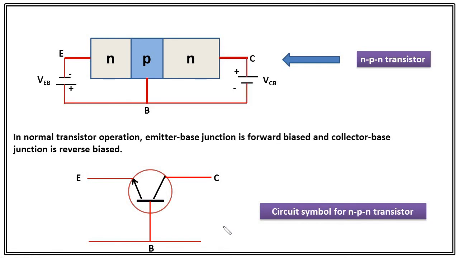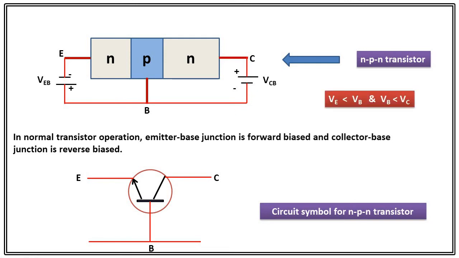If you do the normal operation of a transistor, that is, the emitter to base junction is forward biased and the collector to base junction is reverse biased. To make it, as this is an NPN transistor, you have to connect the negative terminal of your battery to the N side and the positive terminal of the battery to the P side, that is, emitter and base. And similarly, on the collector and base side, you have to connect the positive terminal with the collector and the negative terminal with the base.